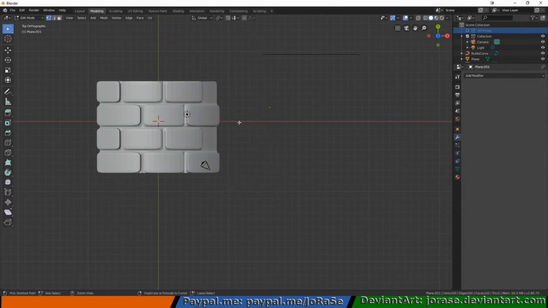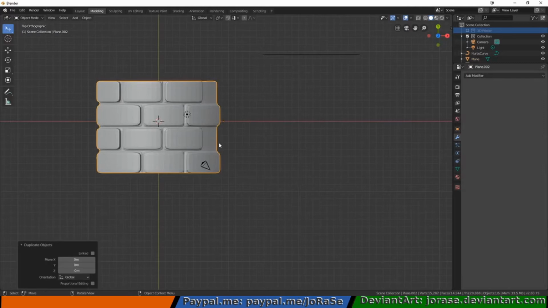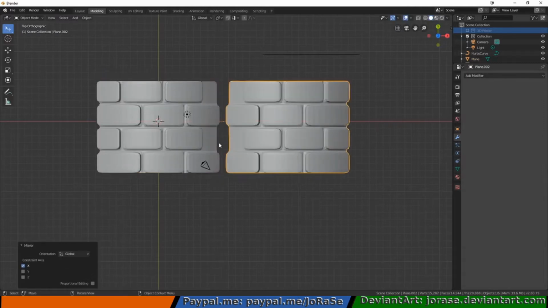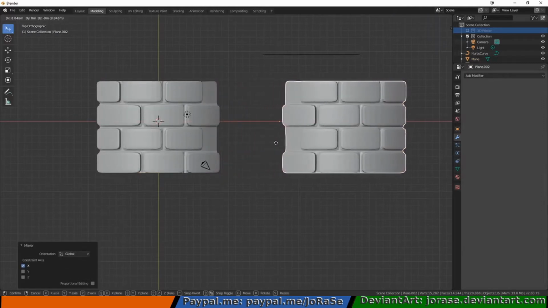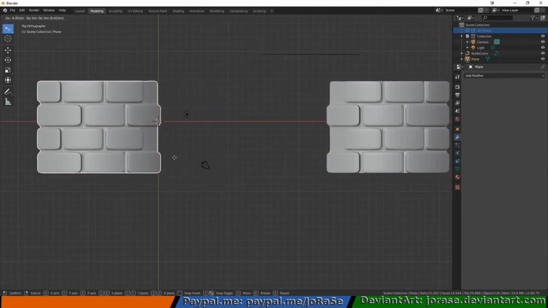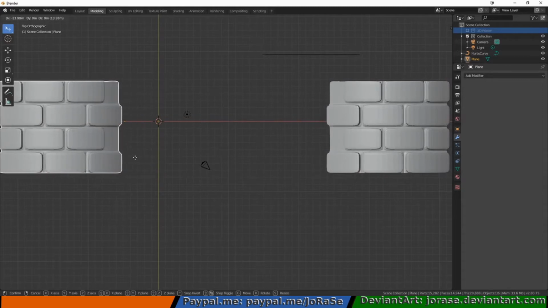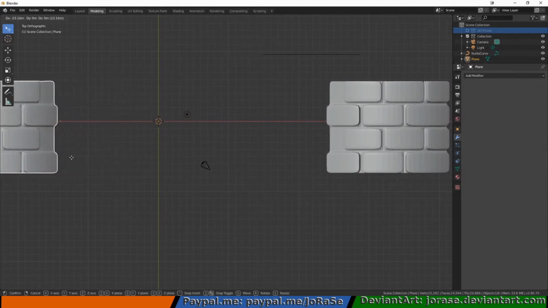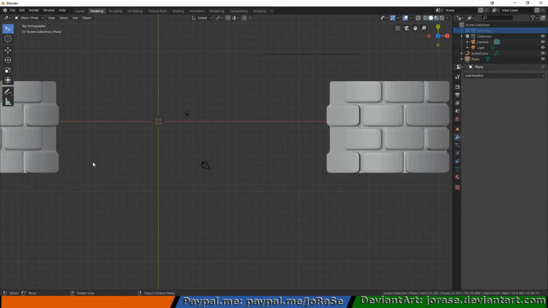So now that we have that, what else? Yes. Duplicate it and move it over to the other side. So the new name will be in the center. I like the idea. And now for the name,